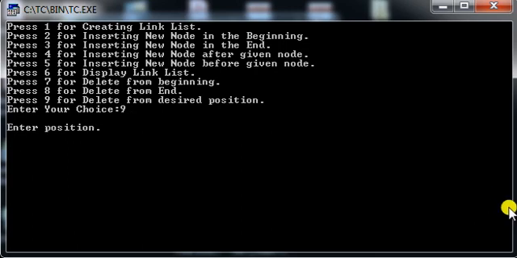Select option 9 and position 1. So as you can see, 4 has been removed. Similarly, let me remove the last element. That will be at position number 2. So I will select 9 and position number 2. As you can see, 15 has been removed. So this is the deletion from the beginning, deletion from the end, and deletion from the desired position in a singly linked list. Fine.